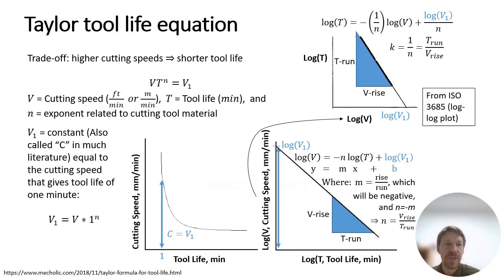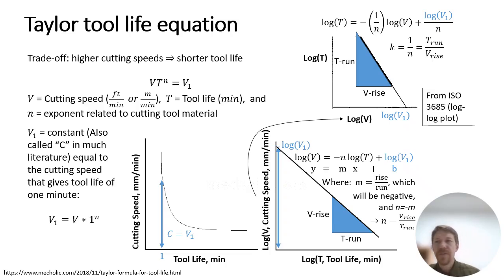Many resources call it C, but in here we're going to call it V1 so that we can remember that it carries the units of cutting speed. You see in the middle left a plot of the cutting speed versus tool life on a regular linear plot. It's difficult to do mathematics with that plot though, because it's on a linear scale and the functionality is not linear. So the approach beginning a long time ago was to plot on log paper the cutting speed versus the